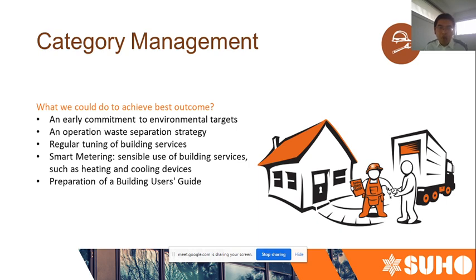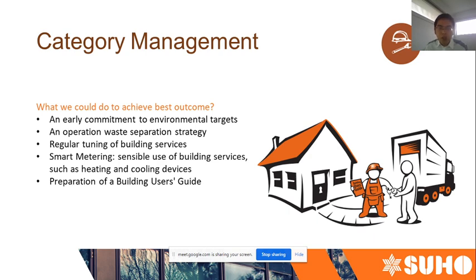Management. So for management, what we could do to achieve best outcome. So first thing, early commitment to environmental targets is important. So before the start of a project, you need to know what's your target and what is your initiatives for ESD. Also, operation waste separation strategy is important here, and some things like regular tuning of building service and smart